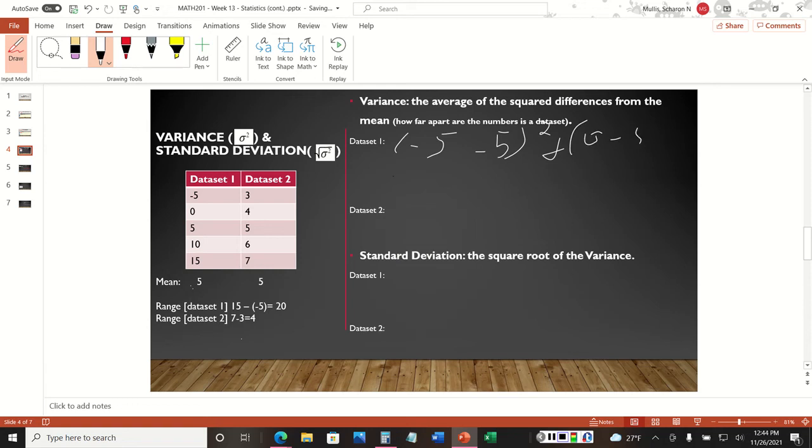and I might not have enough space to do this, so I might have to go into Excel. It looks like I'm going to run out of space, and that'll be squared, plus